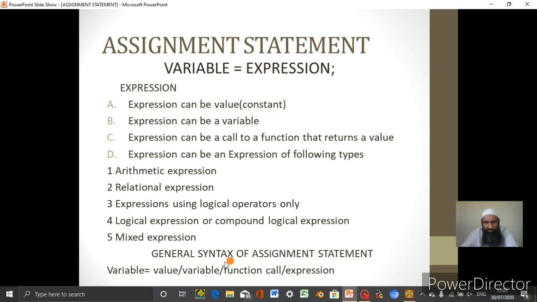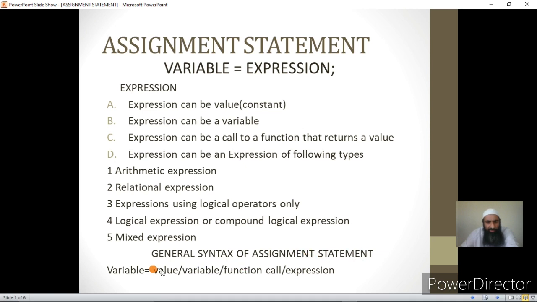So the general syntax of the assignment statement now becomes variable equal to value, or variable equal to variable, or variable equal to function call, or variable equal to expression. And this expression can be any of these five types. So this is the general syntax of the assignment statement.